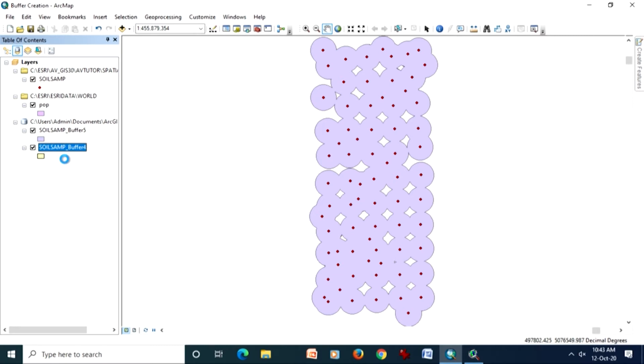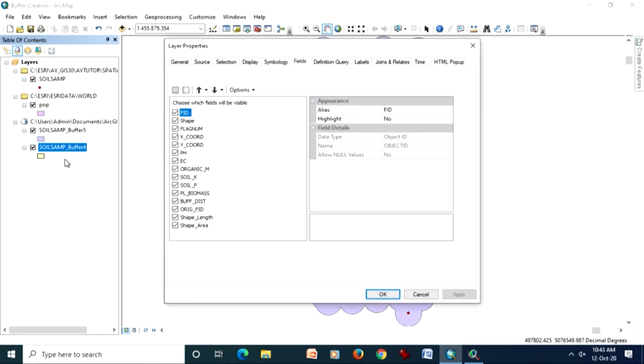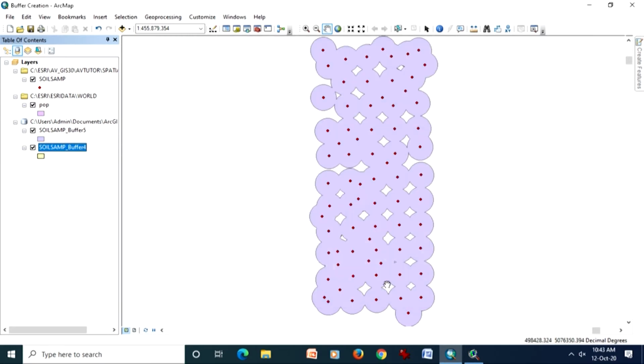So here what do you see, it looks more realistic. This is about soil sample data, but suppose it had been a network of mobile towers, and around each mobile tower a buffer has been created.